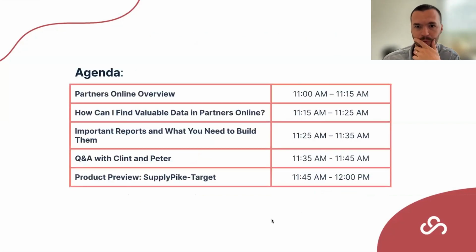And today, what we're going to be doing is an overview of the portal, Partners Online. We're going to be looking at valuable data. Where can I go to find data for insights into your Target business? Then we'll be doing important reports, and what you need to build them is the third part of that. We'll do a general Q&A at the end, which I'll talk a little bit more about on the next slide,